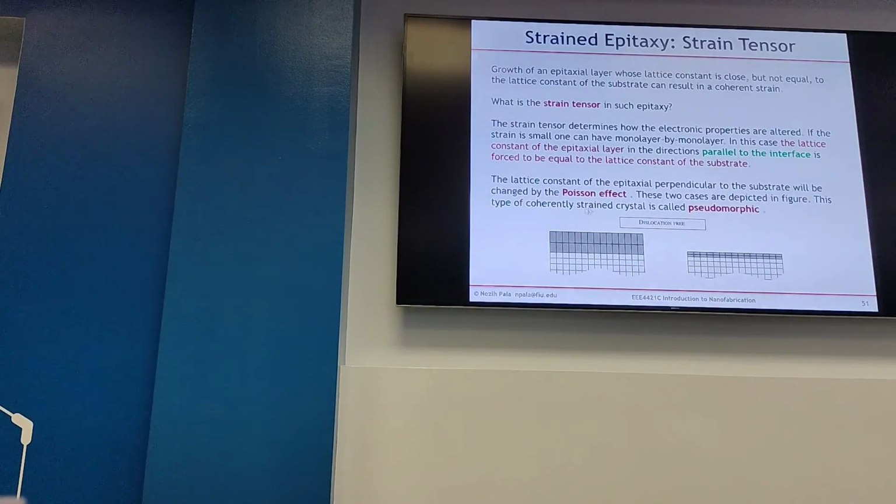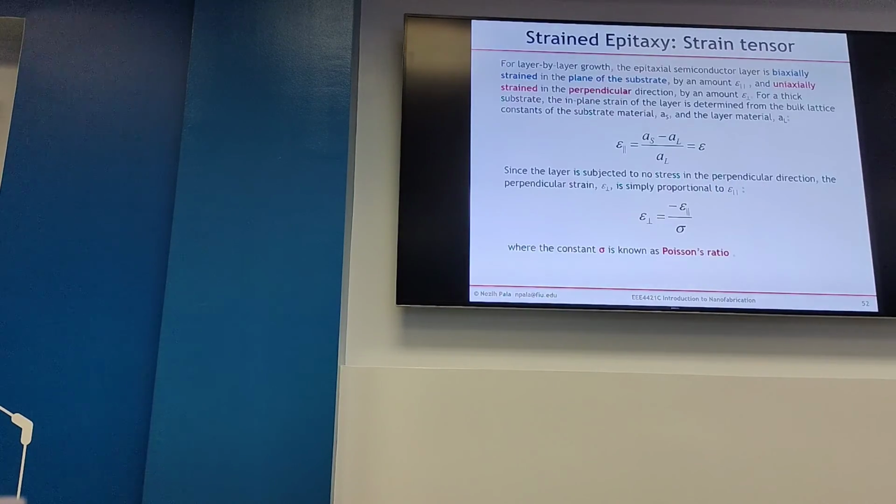So sometimes the coherently strained crystals are pseudomorphic, not really morphic. Morphic means they match. This is pseudomorphic because by applying or feeling some strain, they force themselves to match the substrate and have the same lattice constant up to a certain thickness. Beyond this, it may not be. They cannot hold the strain and just crack. So the perpendicular mismatch is given by this strain, and